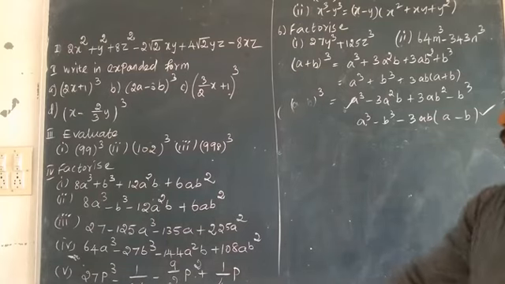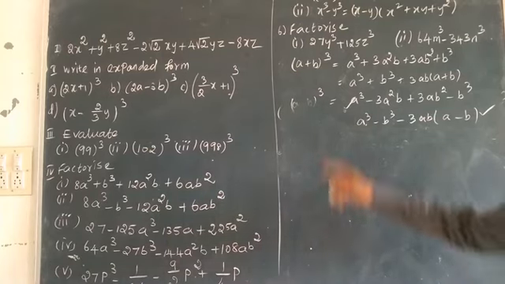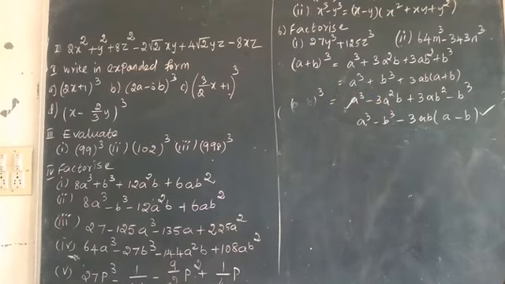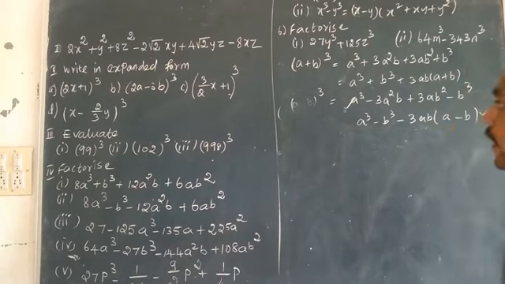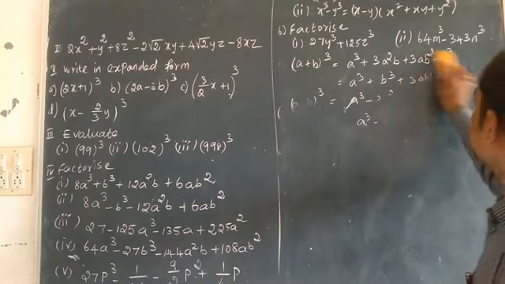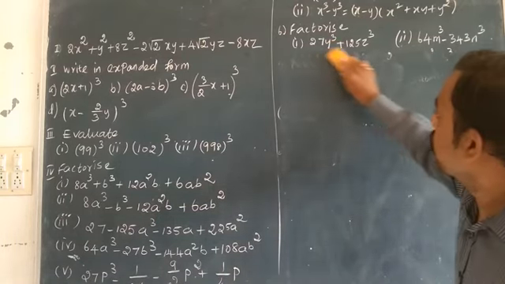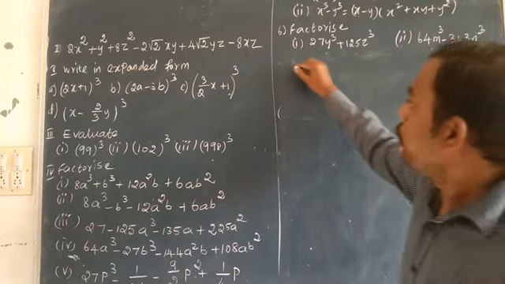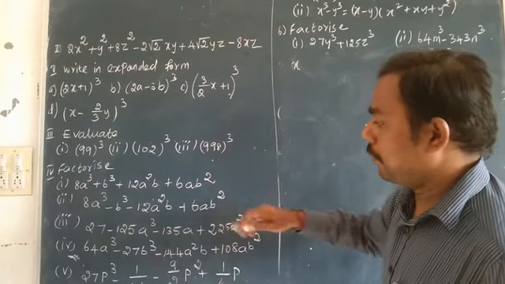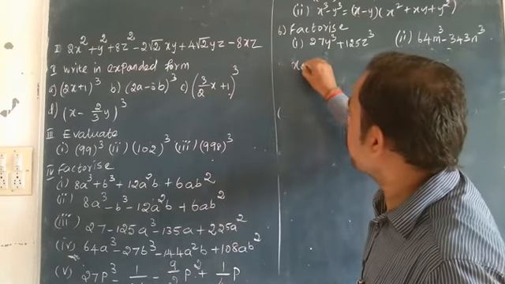8a cube plus b cube, like that given. So now we are going to use such type of identity. It's all in a and b, no? So I am going to change your identity to x and y. For better choice, you can choose x and y or a and b. It's your choice. Suppose the identity, that expanded form given, so I am going to write only the expanded form.